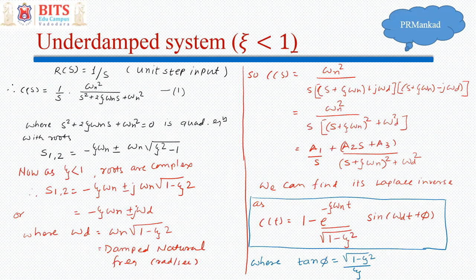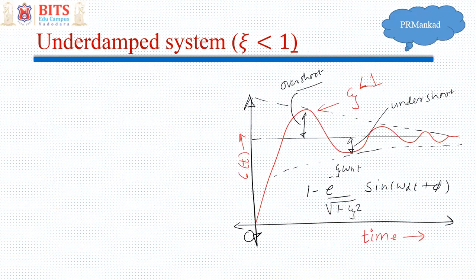In a similar fashion, if I take partial fraction expansion and take the Laplace inverse, finally I get an expression which is 1 minus a term e raised to minus zeta omega n t, similar to the first order system, an exponentially decaying term, into a sine term, right? So it is showing the oscillation. It is nothing but a combination of oscillations plus an exponentially decaying term. If I plot the output, it is going to be like this. You can see the dotted exponentially decaying term. So in this particular envelope, the oscillations are gradually decreasing.